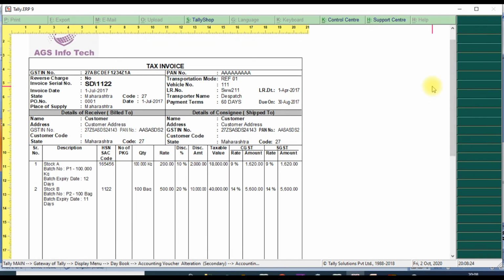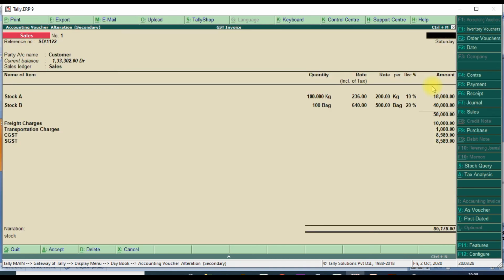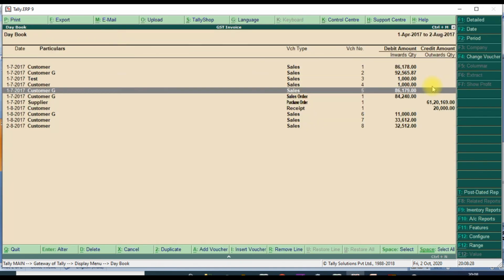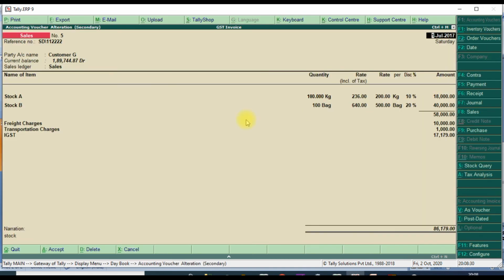We will go to another format, go to another format and click this. Yes, we get the other format, the IGST format.